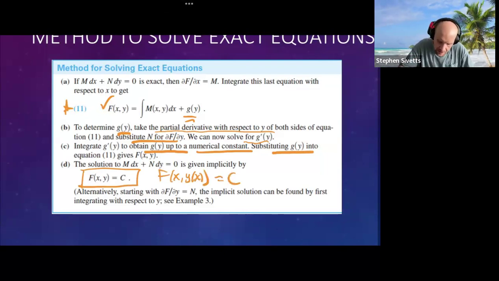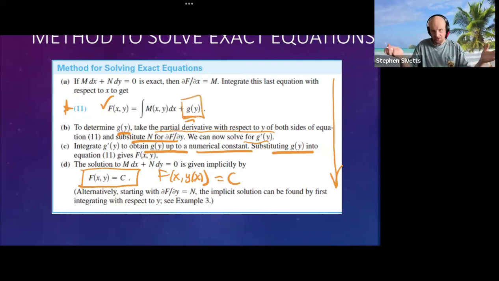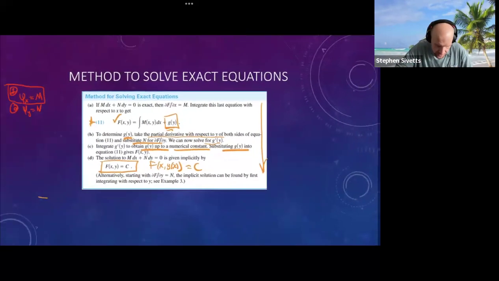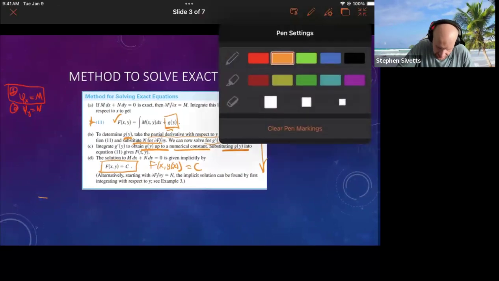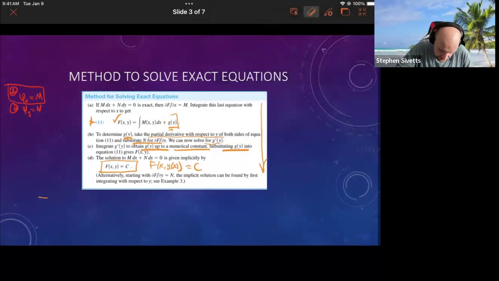You can do this whole process by integrating n with respect to y, and you'll have a function in x here instead of just y now. Then you have to take the derivative with respect to x and then integrate that function back with respect to x. And then you can derive a general solution from there, right? So those are just the steps, but it's probably best if I give some examples of how we would